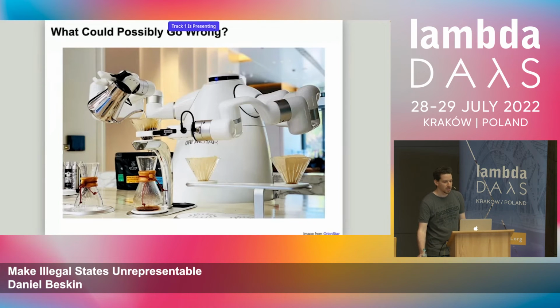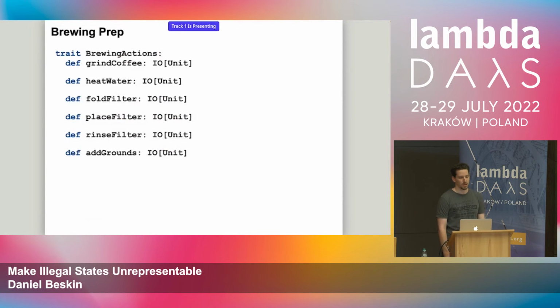So one last problem to tackle with our robot. Brewing coffee is, again, no surprise, a complicated process as well. Let's try to model a small part of brewing coffee. Here's one way to model this process. We have this imperative interface that we might expect for operating a robot, with a bunch of low-level commands that can be used for the brewing stage.